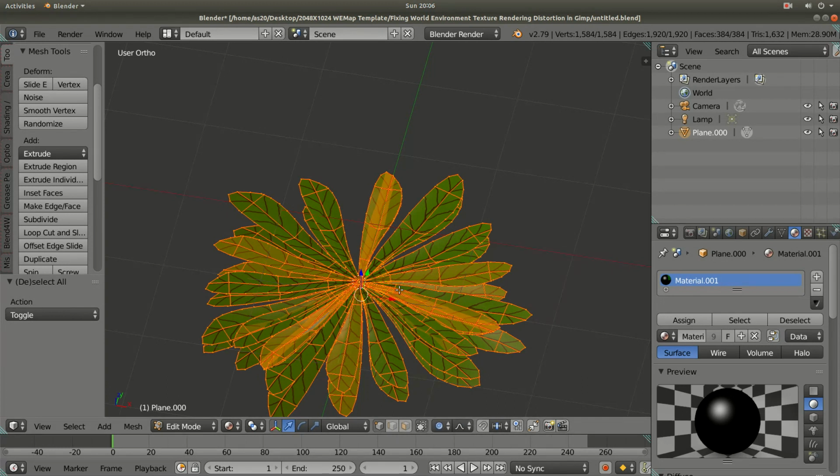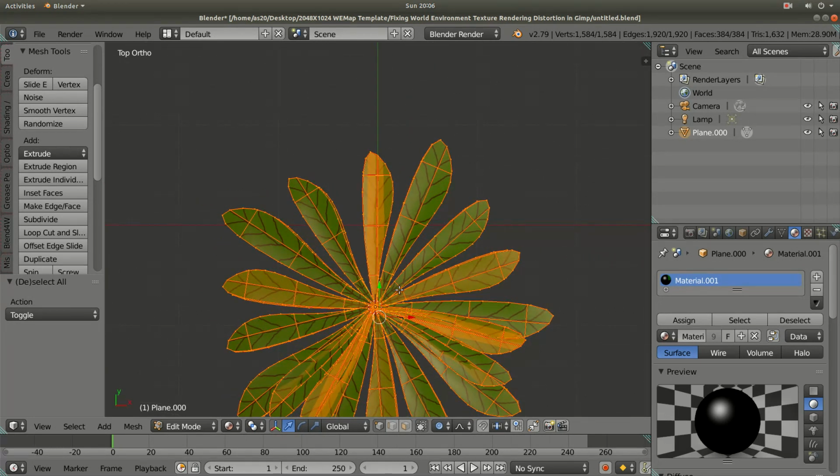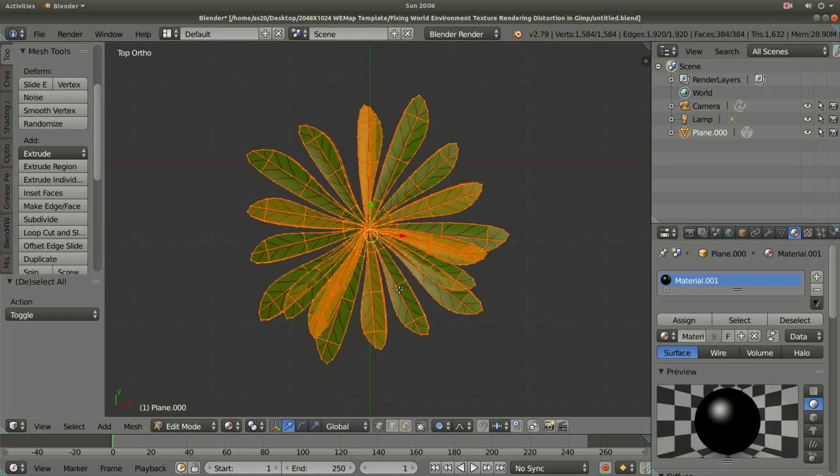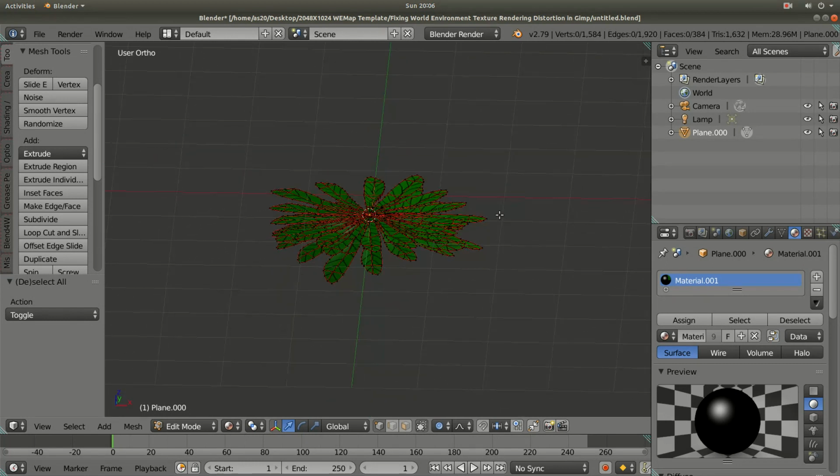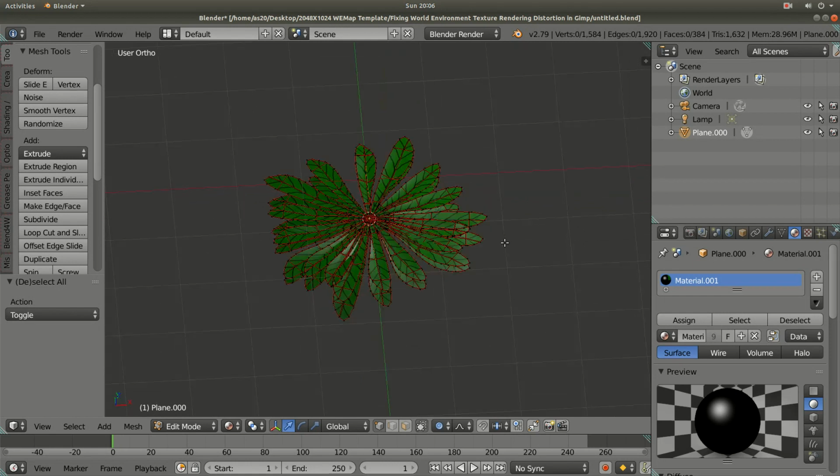Now I am going to select a few portions of my mesh, or by pressing L I can